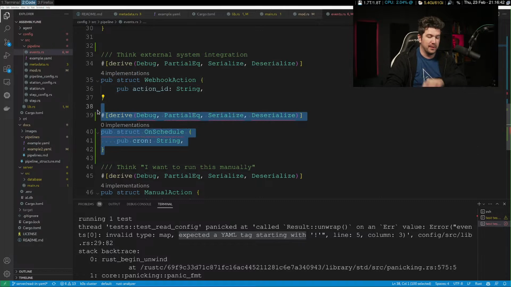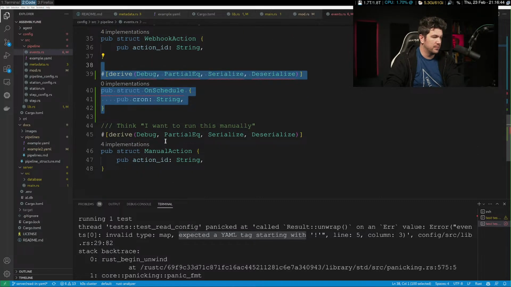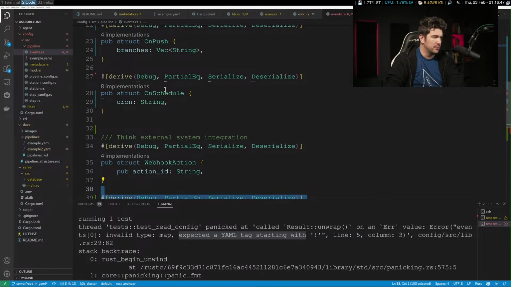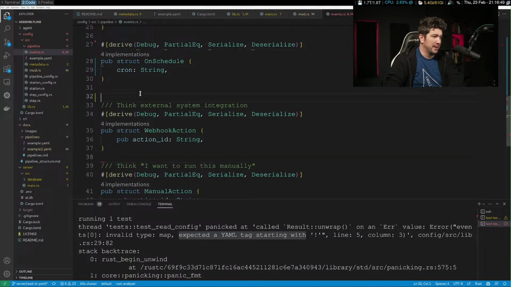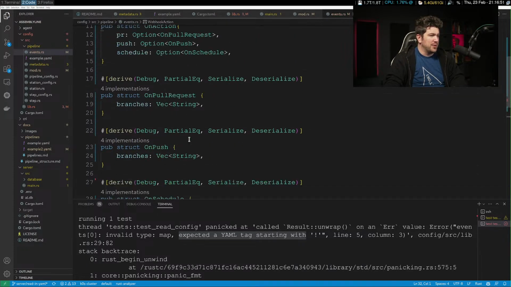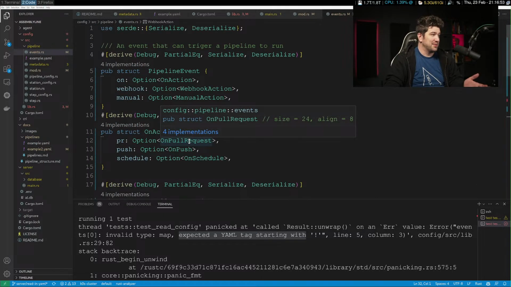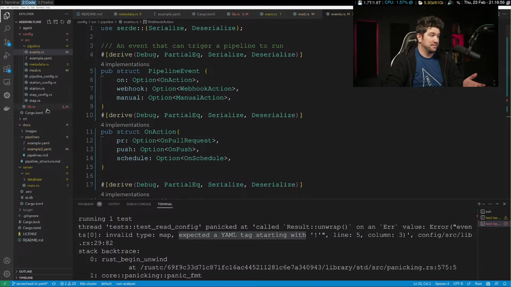Oh, we already defined this as well. Oh, right there. Wait, what was complaining then? Oh, nothing was complaining. I was adding code for no reason. I was just adding code.